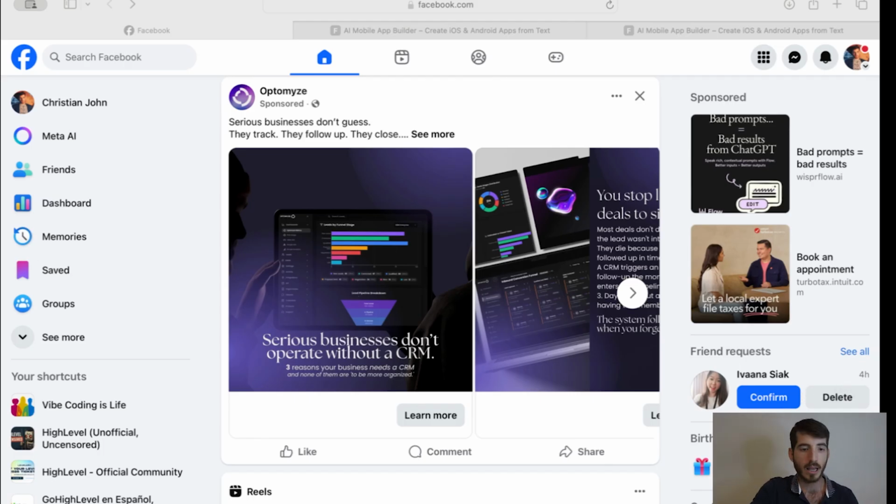Another person says, hey man, I tested it out. I like the ICP breakdown a lot. That part is super useful, but the execution roadmap feels kind of surface level. It tells me what to do, but not really how to do it. If you added more tactical steps, channels, messaging angles, maybe even sample offers, it would make this way more actionable.